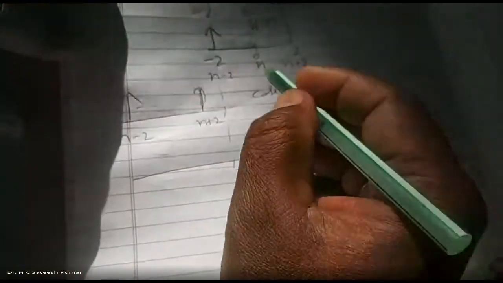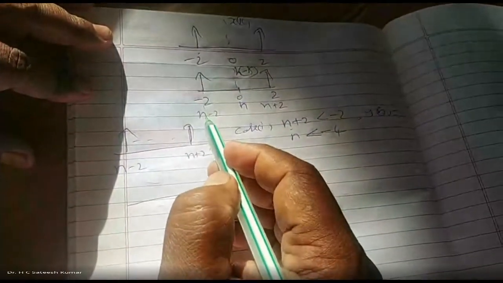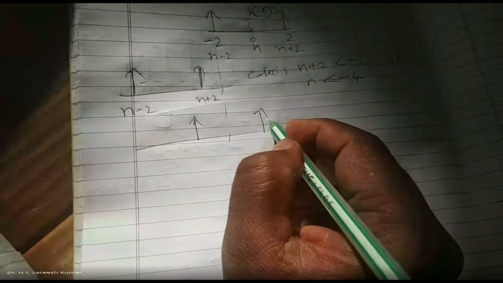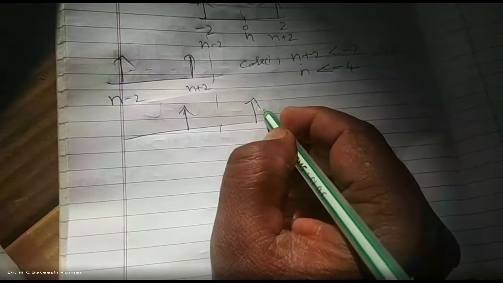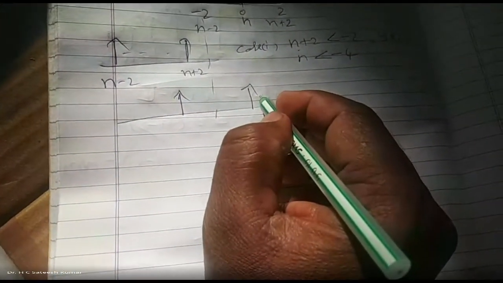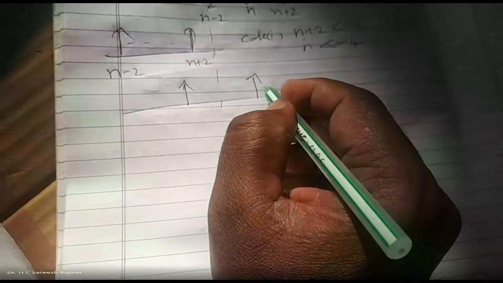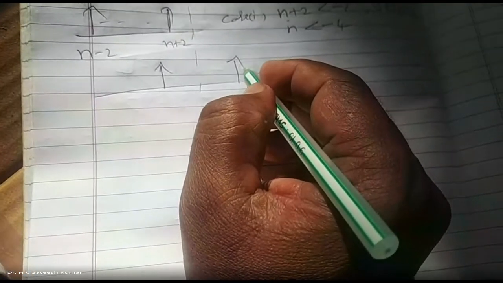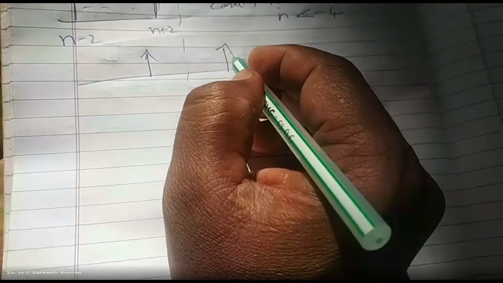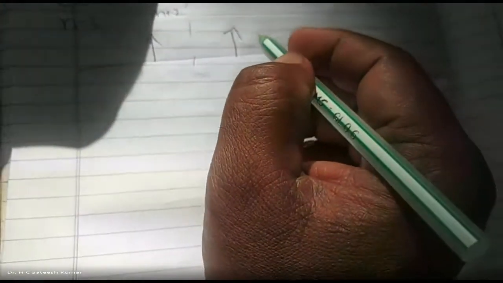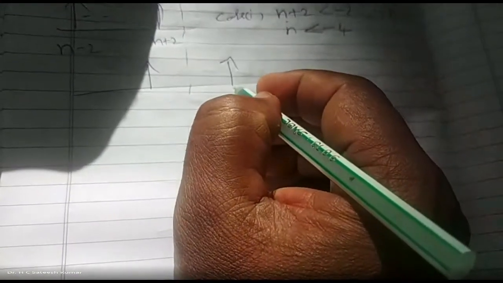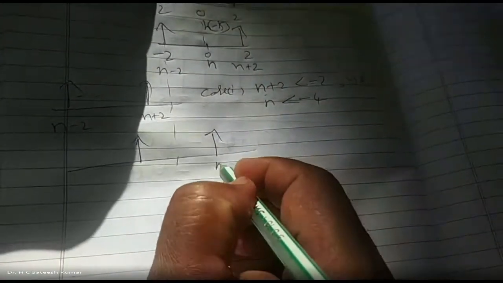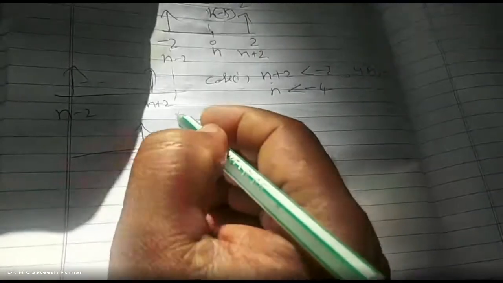Now, number of elements from minus 2 to plus 2 are what? 5 elements are there. Minus 2 to plus 2, 5 elements. Don't just subtract, because when you subtract 2 minus of minus 2, you get 4. But there is a 0th element. Whenever in the discrete case this will happen. In case of continuous, you can subtract and check the width. But in case of discrete, you should be very careful. So the width is from subtracting, plus the 0th element, you should add it. So n plus 2, n minus 2.